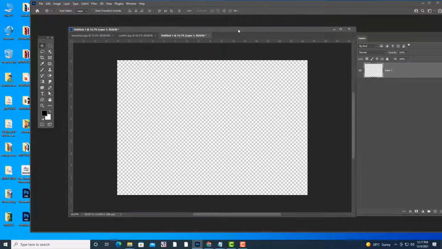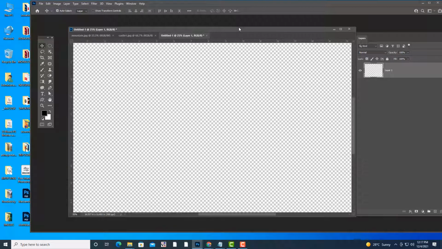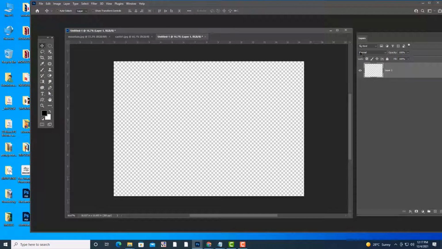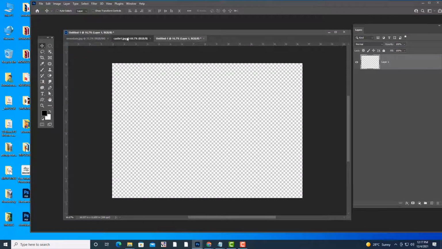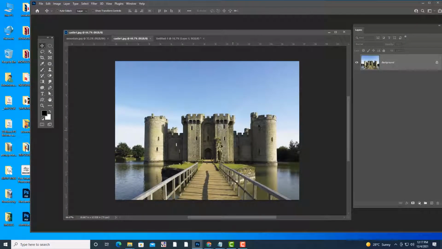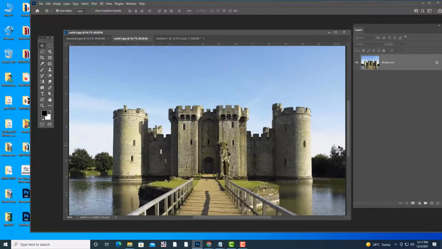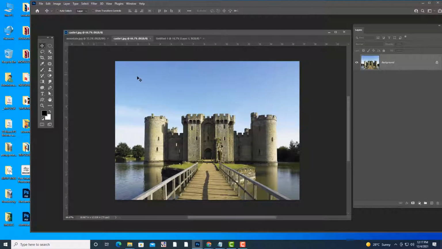So next thing, what you are going to do? First step is I am going to select the castle. How can we select the castle? You can use the quick selection tool here and click on select subject.